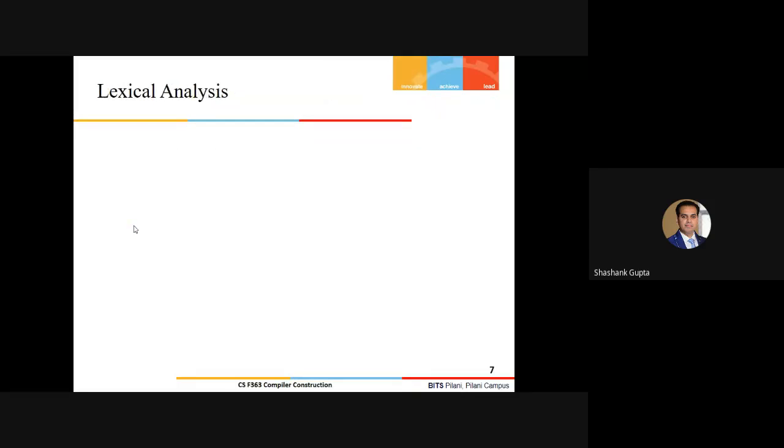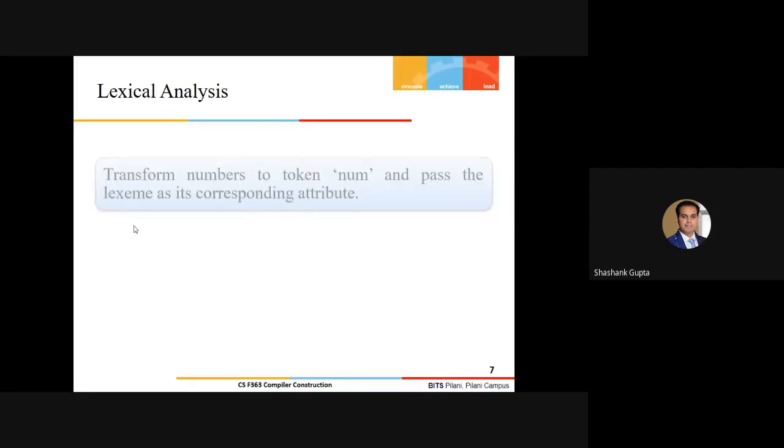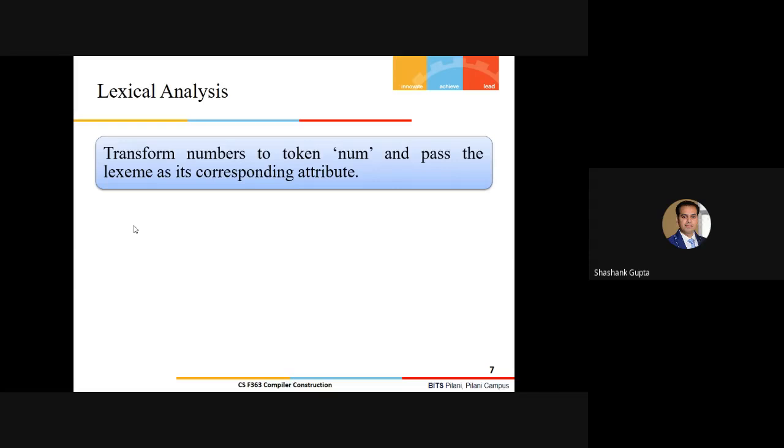So this is the thing that we must understand before moving to the implementation part of the lexical analyzer. Let's say we have to transform a number, any integer, into a token, say num, which has been written in the language specification as the token name num.